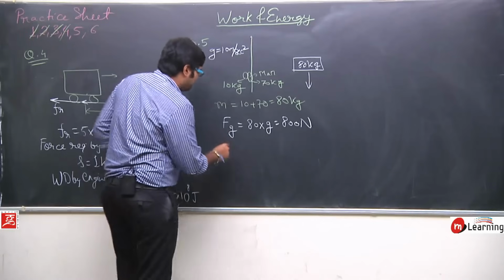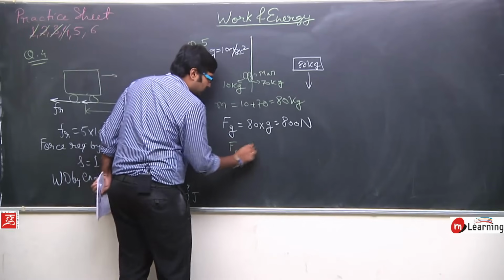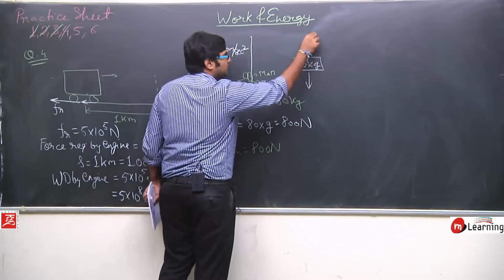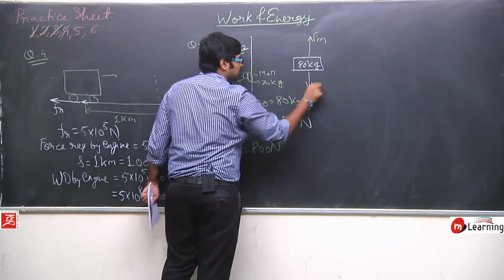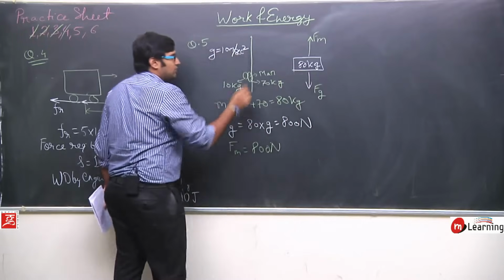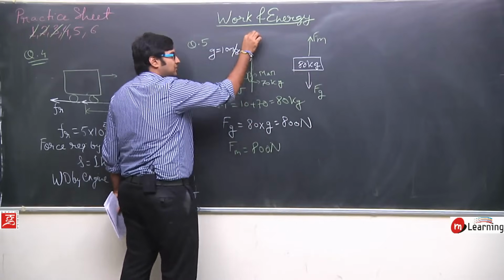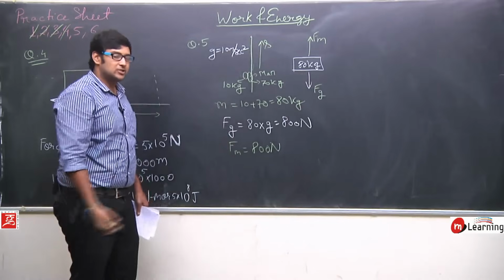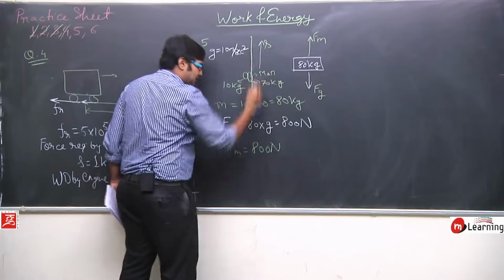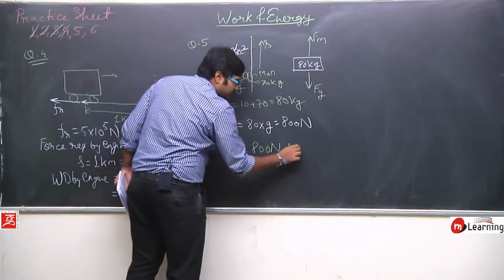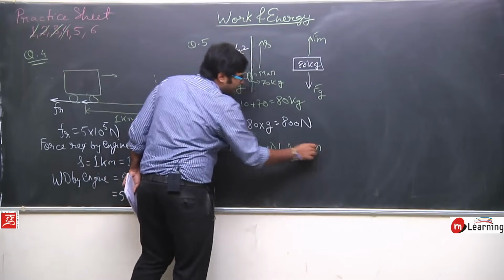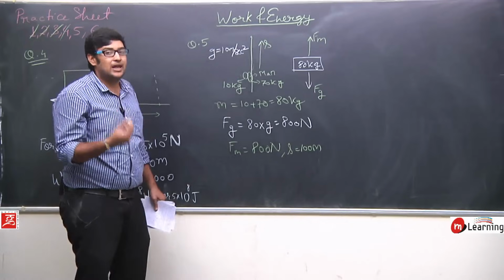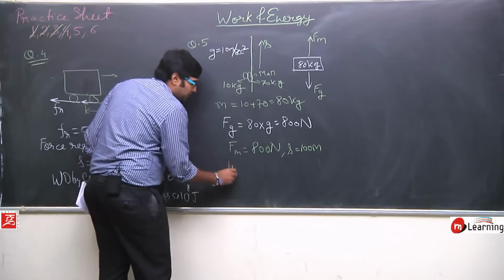So the force applied by man would be the same 800 newtons, but the direction would be this one. This is the force applied by man, this is the force applied by gravity. Now the man is climbing this 100 meter tower, so man will move in this direction. So the displacement of man will take place in this direction. So S would be 100 meters and it will be in the direction of the force that man applies. So the work done by man will be,